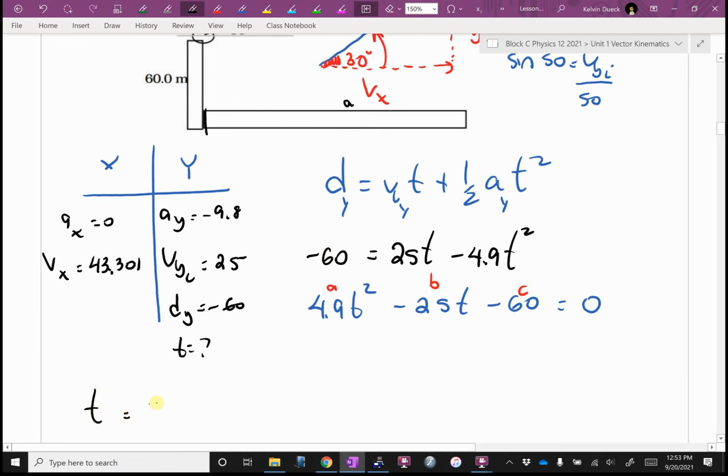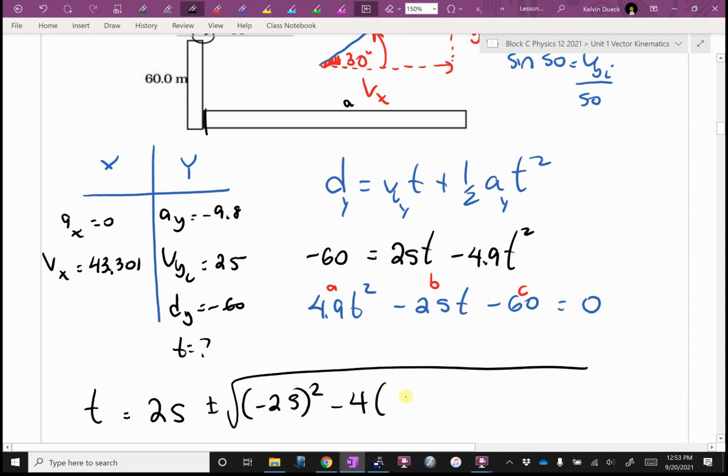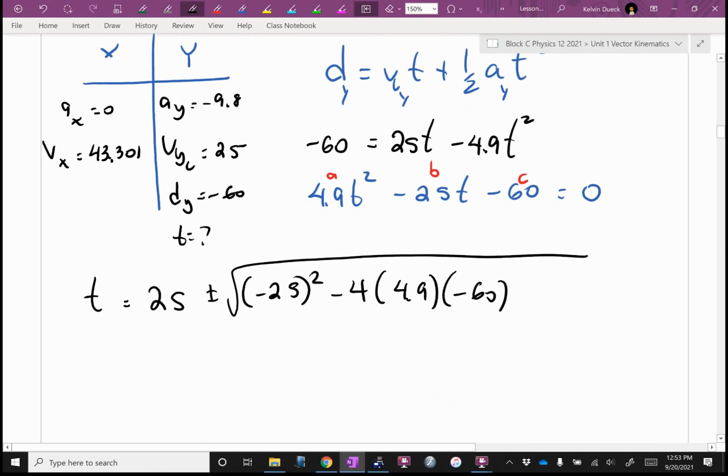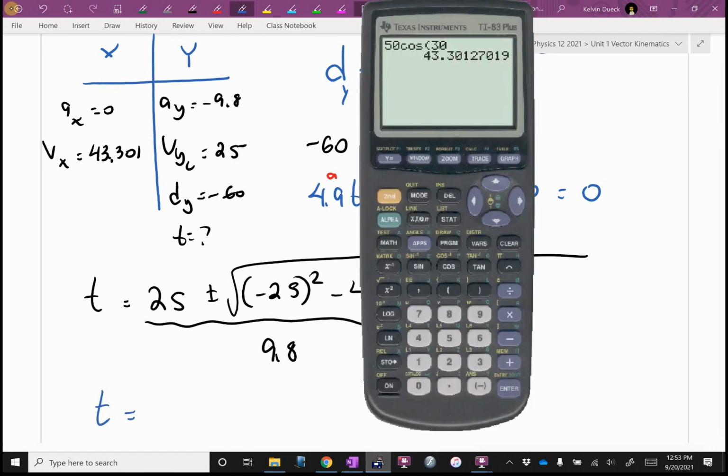t equals negative b plus or minus the square root of b squared minus 4 times a times c, all over 2a. Negative b, which is positive 25, plus